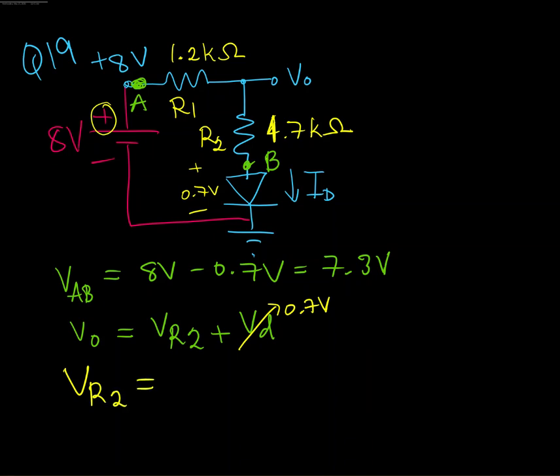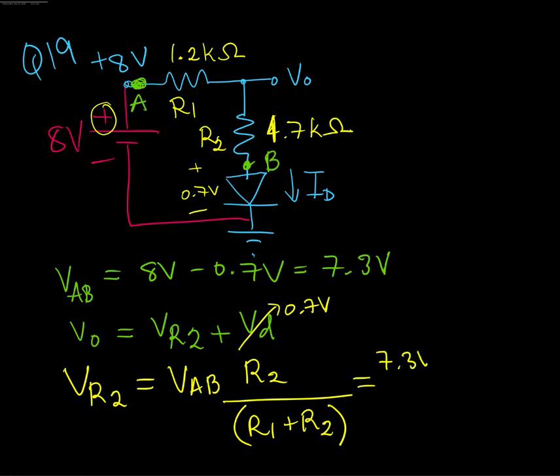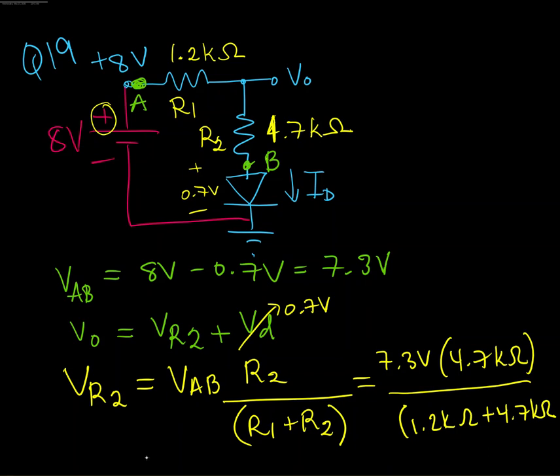VR2 can be found from a voltage divider that splits VAB across R1 and R2. So remember, voltage divider says that this voltage VAB, if it's across R2, it's going to be VAB times R2 divided by the total resistance, which is R1 plus R2. Okay, so that is going to be 7.3 volts times 4.7 kilo ohms over 1.2 kilo ohms plus 4.7 kilo ohms, and that is going to equal,